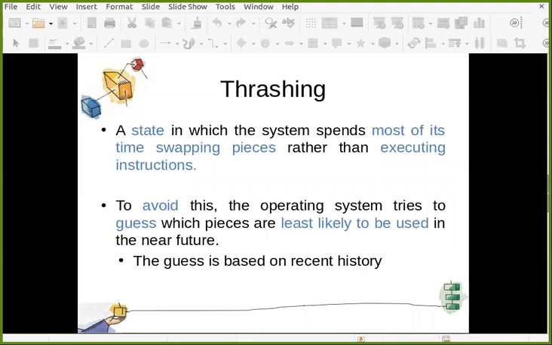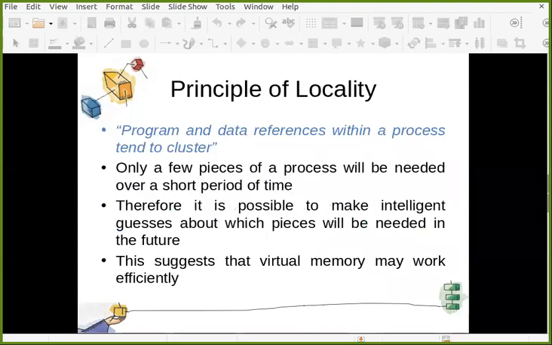How can OS identify that this is the portion which is not going to be used in the near future? Of course, there are a few heuristics, a few strategies for that. But one thing is, this guess is based on recent history. OS keeps this record, which portion has been used recently, which portion has not been used recently, something like that. So this guess is used to make these decisions by OS.